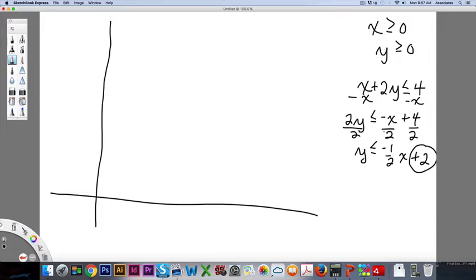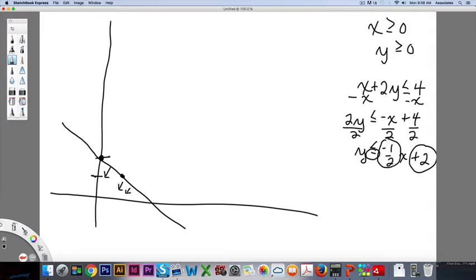All right, and here's the y-intercept. So I go up to positive 2 and put a dot. Its slope is negative 1/2. So from there I go down 1 and right 1. I'm going to draw the graph, and it's going to be a solid graph because it's less than or equal to. So it's going to come like here, and it's going to be everything below that graph because it's less